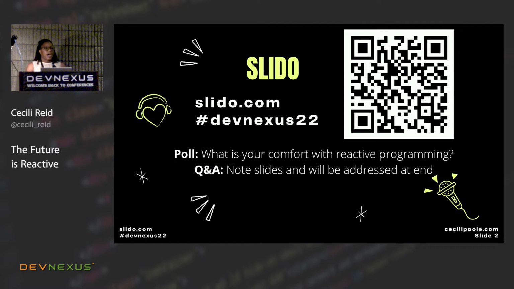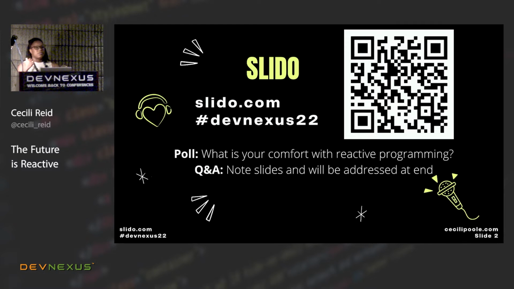I will also have Q&A through Slido as well because I hate to be interrupted. I have practiced this talk, I have a nice groove going, and if you have questions, it's going to throw me off. So I am being as helpful as I can be. Every slide is numbered, so if you ever have a question in the presentation, just note the slide and ask it in Slido right then and there. And in fact, I think it's a better experience because right when you have the question, you can just ask it rather than at the end try and remember what it was you wanted to ask in the first place.